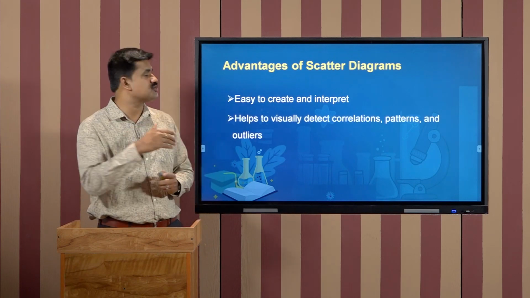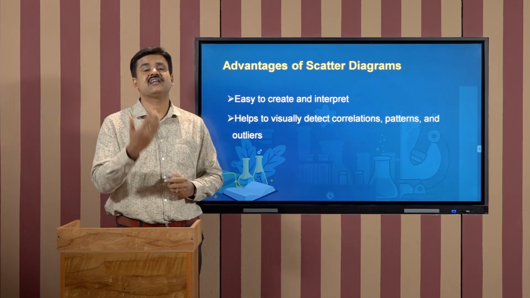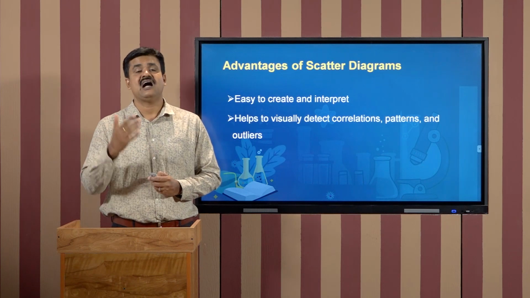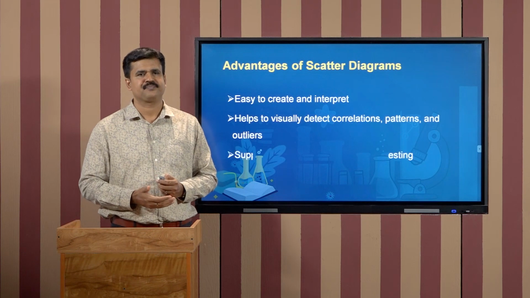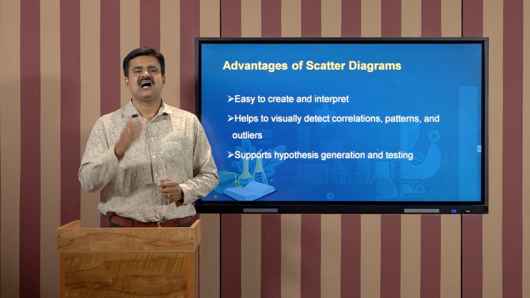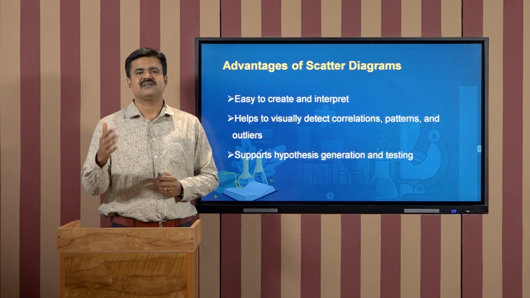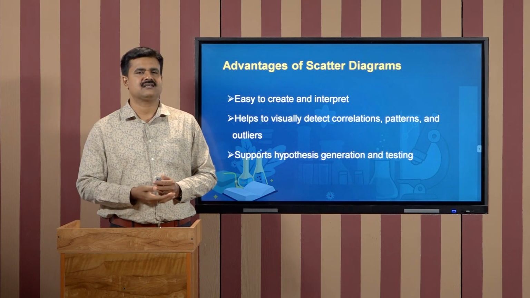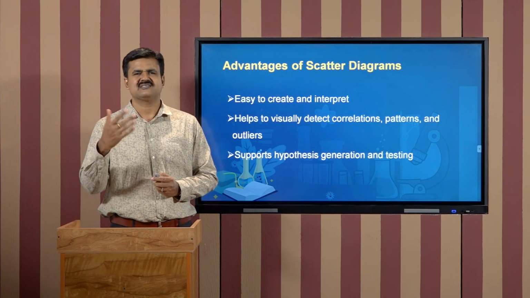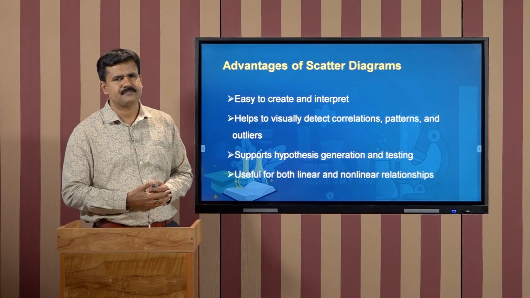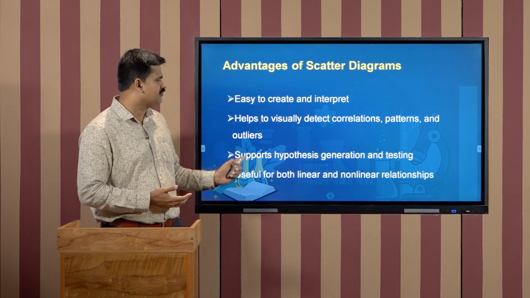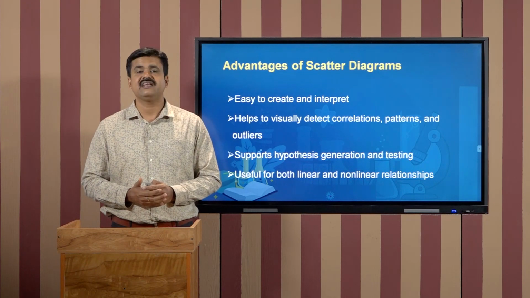It helps to visually detect correlations, patterns, and is also used to find out the presence of outliers. It supports hypothesis generation as well as hypothesis testing. So, it is very important as far as quantitative research is concerned. It is useful for both the linear and non-linear